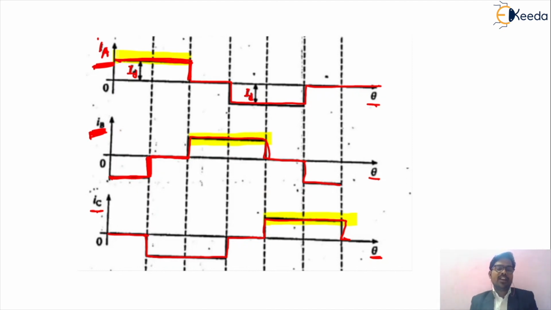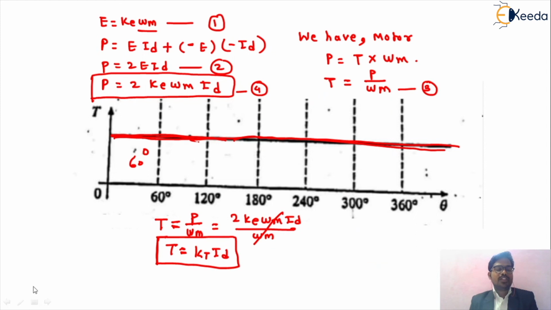So we are getting the value of IA, this is IB, this is IC. Now we are combining all these currents, we are getting the constant waveform, and this is nothing but the torque waveform of your machine. So we can see the value of IA here, the value of IB here, and the value of IC here. So this is a torque waveform, because we have derived from the fundamental equation that torque is proportional to the current. So this is the basic and fundamental derivation of your BLDC motor developed torque.